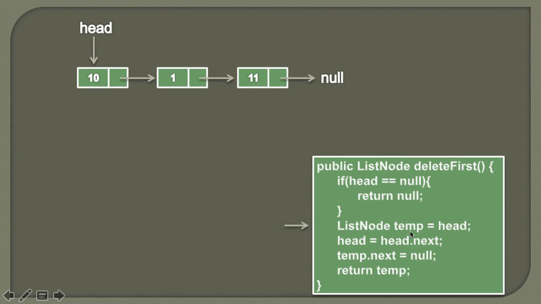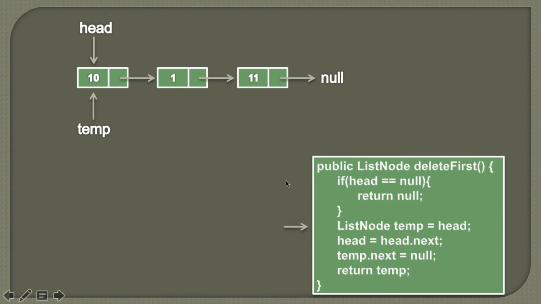Now we create a temporary variable which will also point to the first node of the singly linked list, because head is always pointing to the first node. We are creating this temporary variable because when we delete this node, we need to return it from this method. So we create this temporary variable of type list node, and whatever the reference value head is holding, we simply assign it to the temporary variable. As head is pointing to this first node, after this assignment the temporary list node will also point to this node.